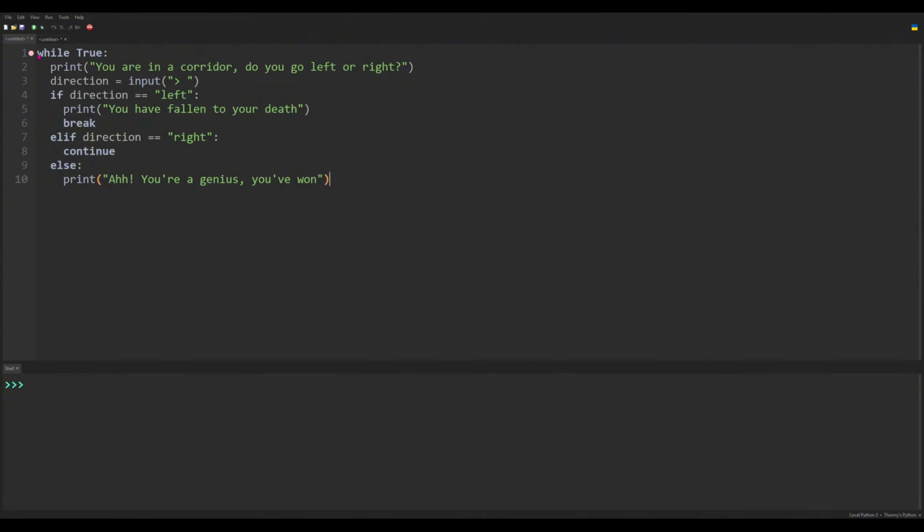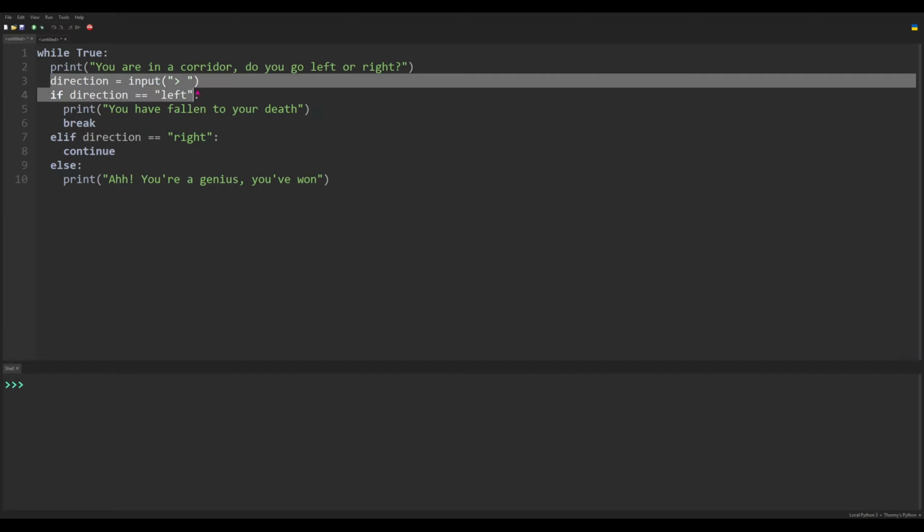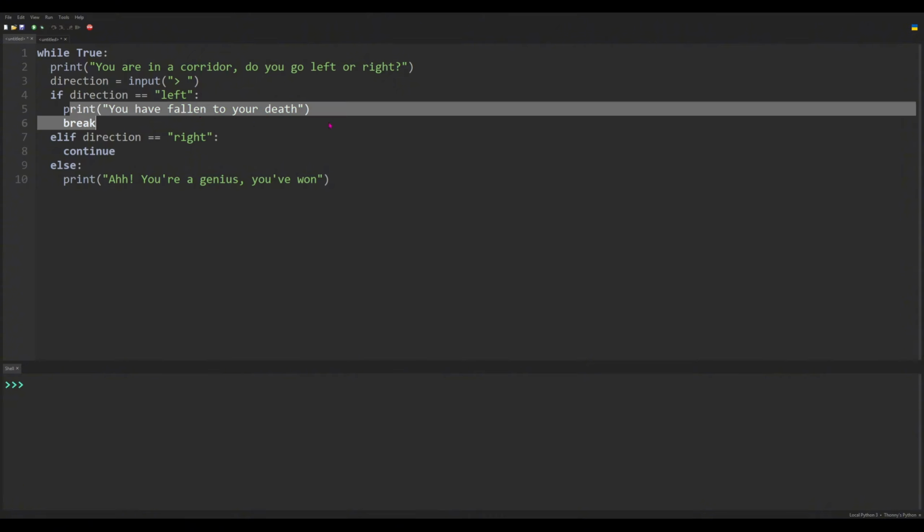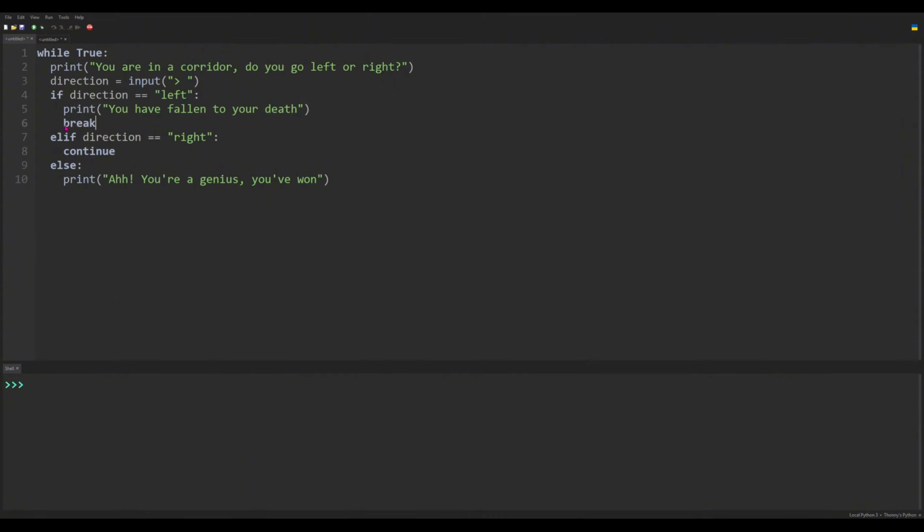But if you go more in depth into the code, we can see that we're in a while loop as we did last lesson, and it'll print if you want to go left or right, and then we make a variable called direction and we ask the user to input, and we got an if statement, and in the if statement we got if direction equals left. So if the user said left, then it prints you have fallen to your death. And then we have break, the command that we used